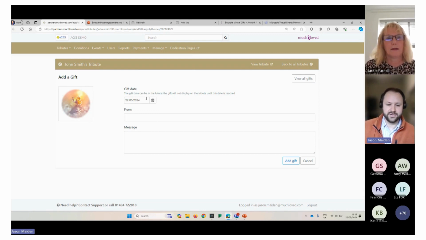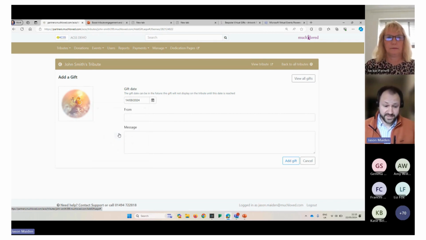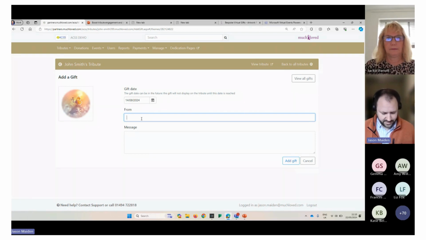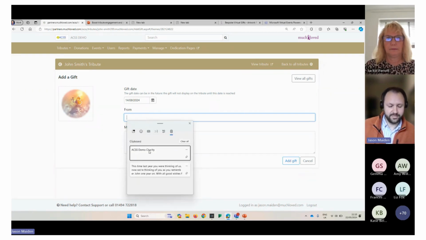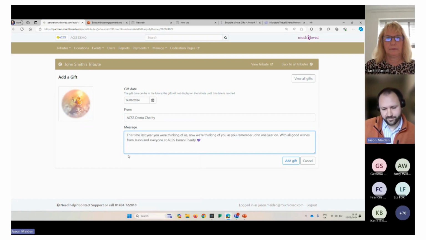So scheduling gifts. In your tribute report, you should be able to see the date of death. So you could schedule this gift to be added on the anniversary of the death, and it might be that you write something like the following, and in true Blue Peter style, I've put this together.